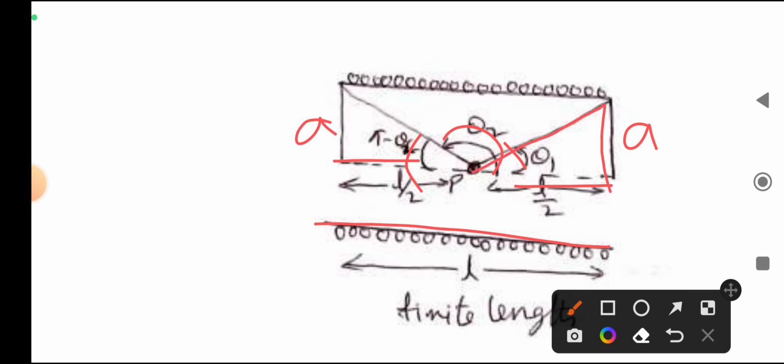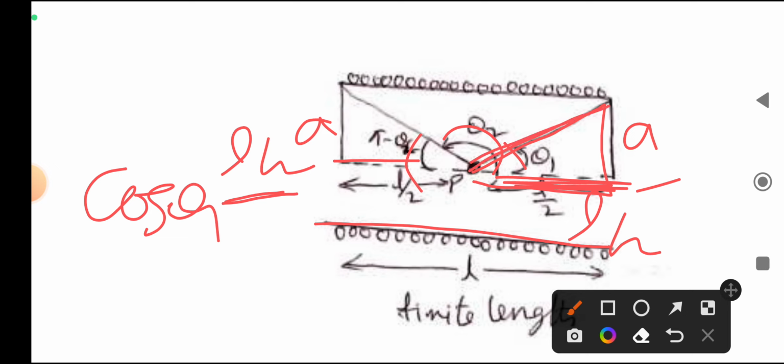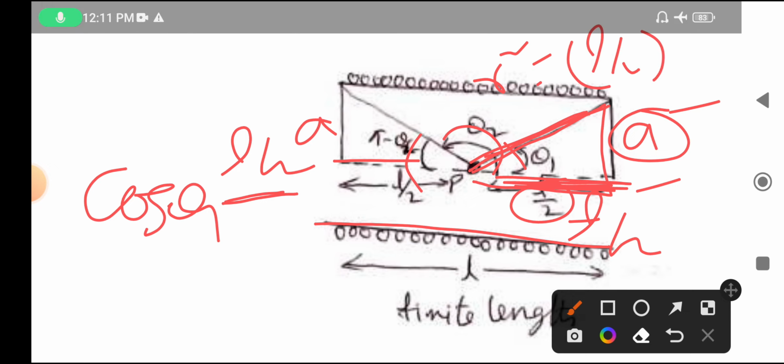First take this one and apply cos theta 1. Why? Because this side angle is theta 1. Cos theta is what? We know, adjacent by hypotenuse. Adjacent is L by 2, divided by the hypotenuse. The hypotenuse we don't know, but we know the sides are L by 2 and A. According to Pythagoras, hypotenuse square is equal to side square plus side square. Let the hypotenuse be R, R square is equal to L by 2 whole square